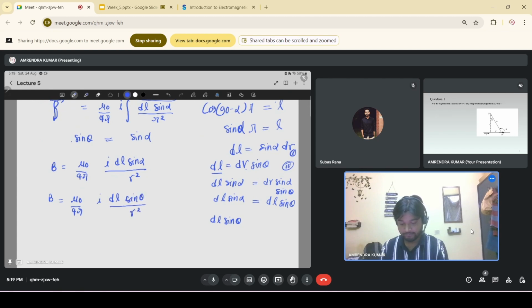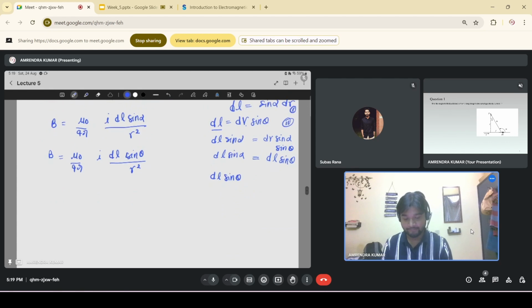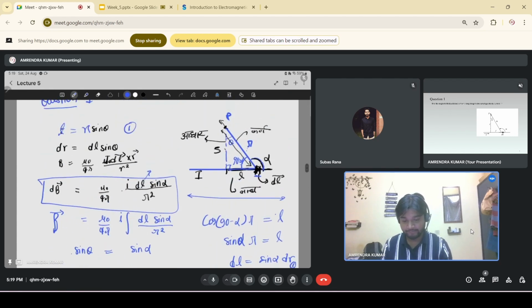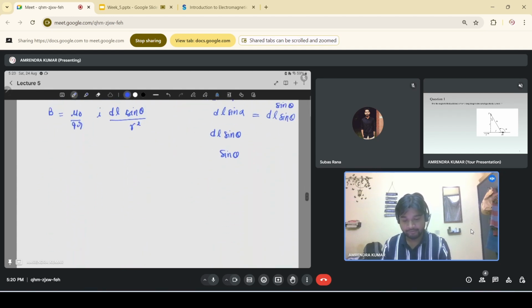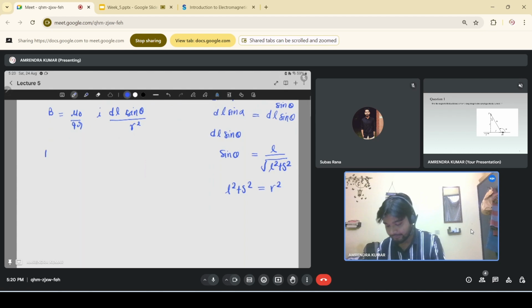ओवर आर स्क्वायर, तो हम ये पता लगा सकते हैं कि हमारा मतलब इस डीएल एलिमेंट की वजह से कितना फील्ड है। तो हमें पता है साइन थीटा इस फिगर से हम बहुत आसानी से निकाल सकते हैं। तो साइन थीटा होगा हमारे पास, ये हमारा लंब है, ये आधार है, तो कर्ण हम निकाल सकते हैं। तो ये हो जाएगा हमारे पास साइन थीटा ओवर अंडर रूट एल स्क्वायर प्लस एस स्क्वायर, जहाँ पे एल स्क्वायर प्लस एस स्क्वायर हमारे पास आर स्क्वायर के बराबर होगा।